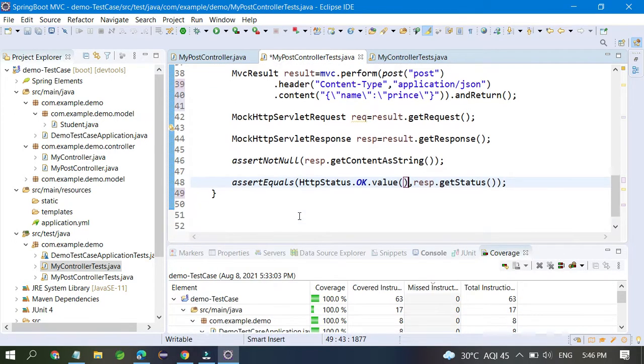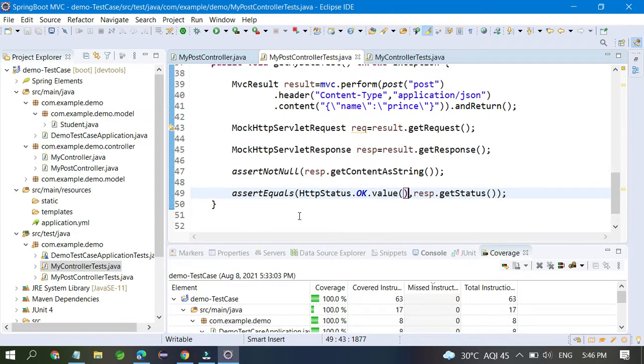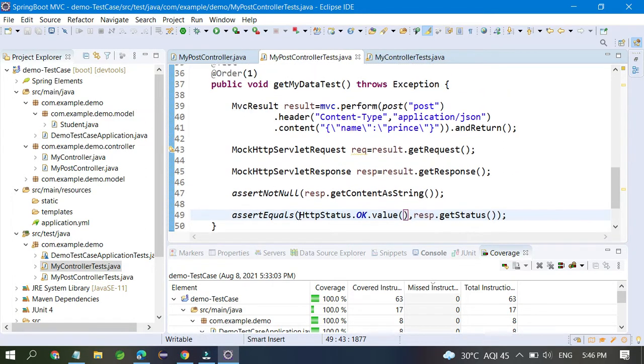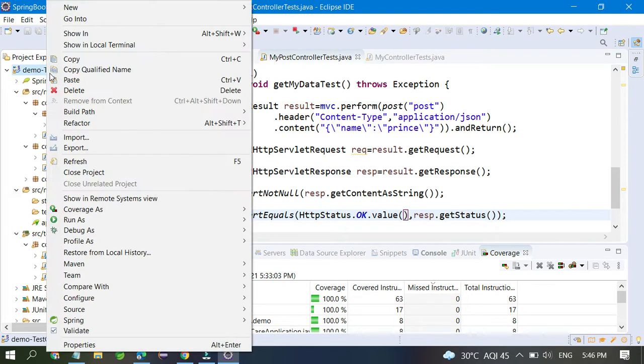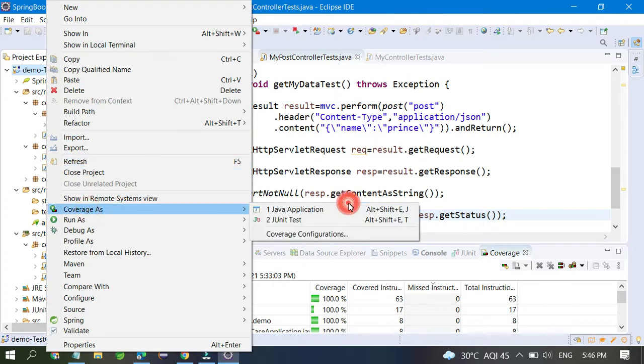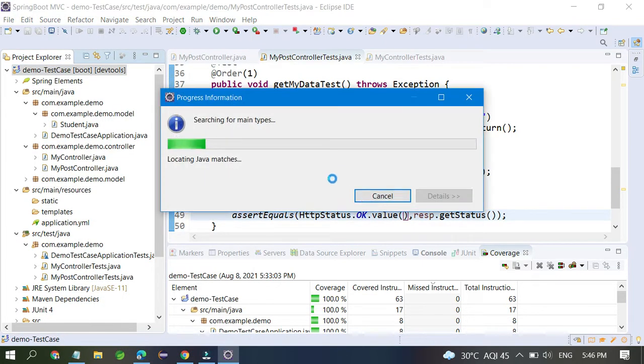One more negative case, if you want to write, you can write it also, but don't worry about it, it should be also fine. So one more time, if you run it, you can see that something has decreased. Okay, your code coverage has decreased maybe.